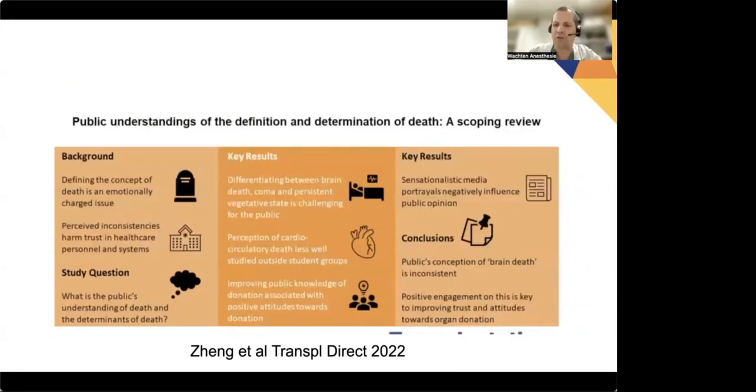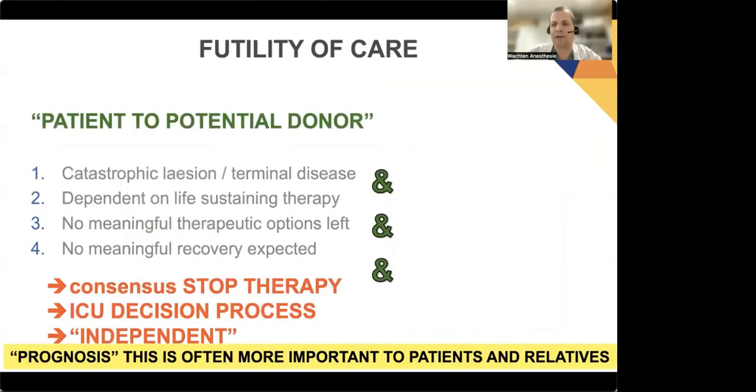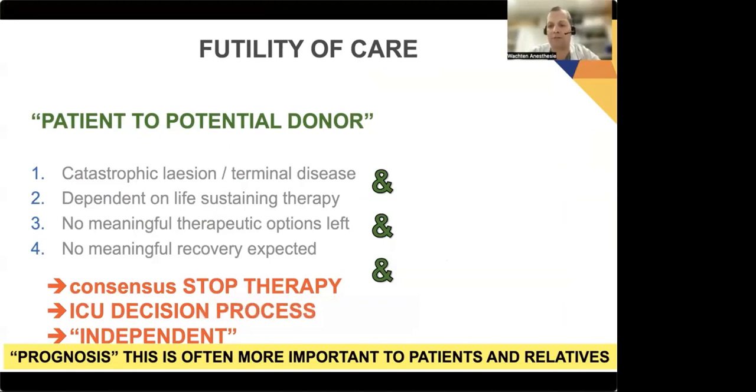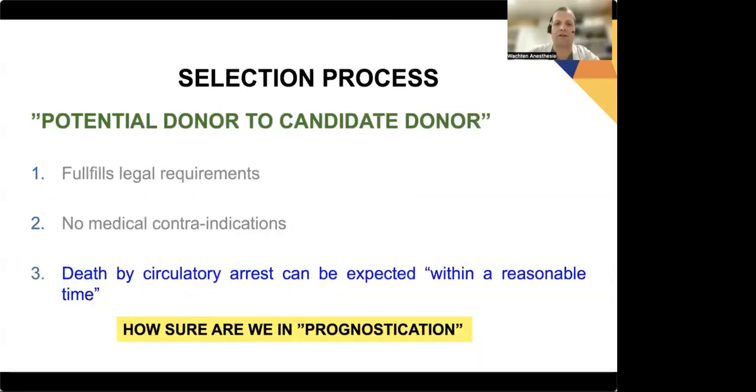And if you read through this literature, what is really important is that the principle is important, of course, but that society is really focused on the futility of care. And the perception of that is less problematic if you are sure about futility of care. We should really invest more in defining when a certain treatment is hopeless and does not fit into the beneficence of the patient as an independent process. And if you explain this to the relatives and address the importance of futility of care, we might even balance more all the aspects, ethical, societal, and medical, in defining a donor for organ transplantation.